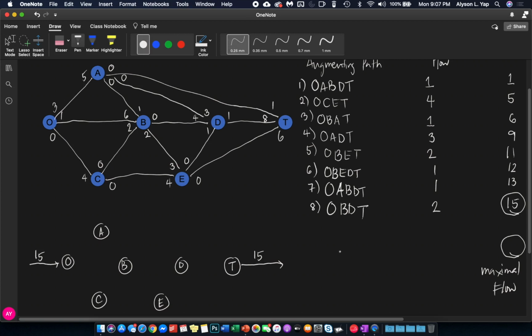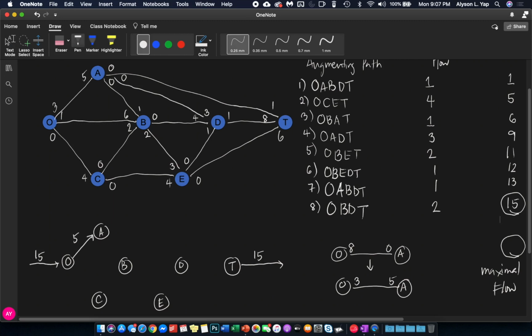So remember, your OA originally has an 8-0, but because in the last network graph, OA now has the capacity of 3-5, then what does this mean? How many units actually flowed from O to A or A to O? In this case, from an 8-0 becoming 3-5, we can understand that 5 units flowed from O to A,